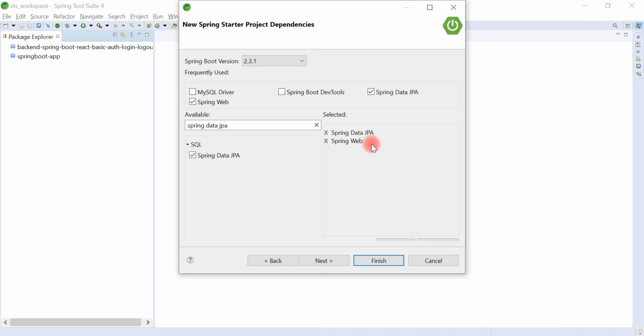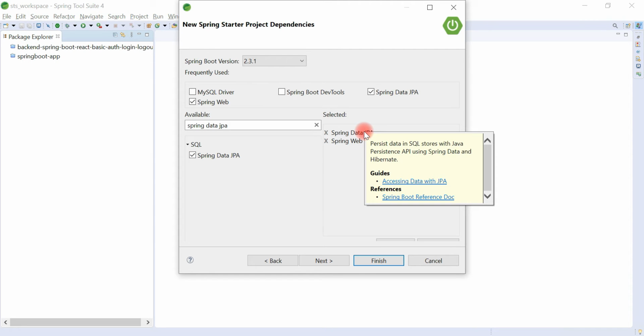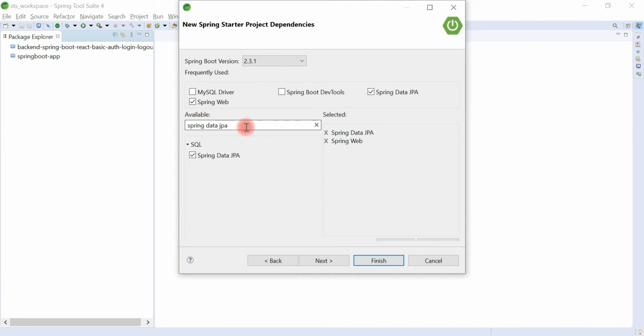We use Spring Data JPA to develop the repository layer, and Spring Data JPA internally uses Hibernate as a JPA provider. We basically use Spring Data JPA to reduce a lot of boilerplate code that is required to develop a DAO layer. Alright, and we want to use MySQL database, so let's quickly pick up the MySQL JDBC driver,